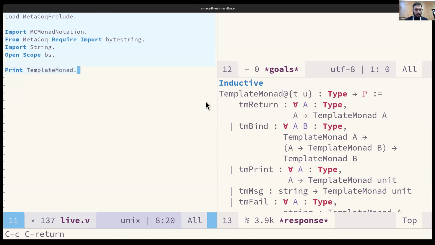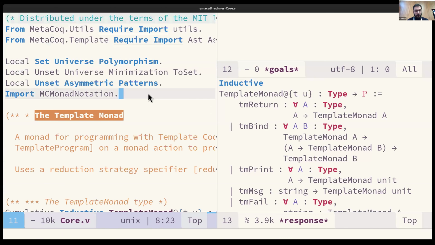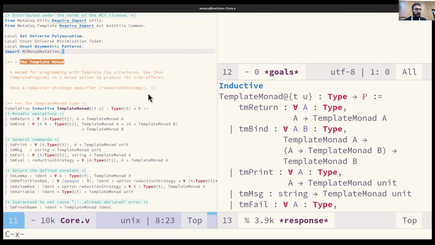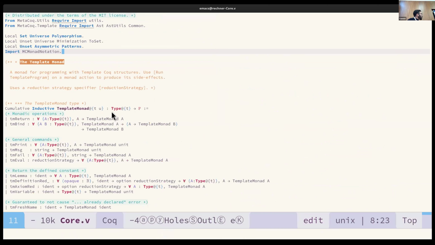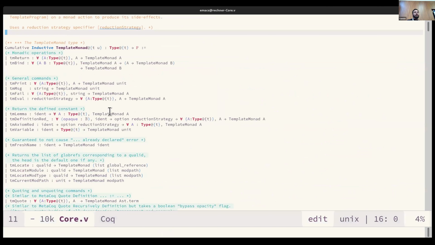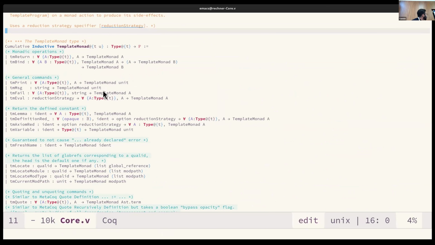Perfect. Indeed. And I can jump to the definition and I can zoom out a little bit. In particular, you have a monad of these programs that can interact with the global environment. And often that's actually enough to write interesting things. So you can do stuff like, well, it's a monad, so you can return